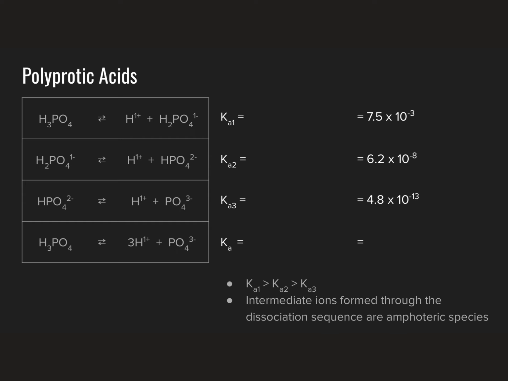So initially, starting with the molecular acid H3PO4, upon dissociation, we yield one hydrogen ion and the anion here, the conjugate base H2PO4 1 negative. And recognizing again that phosphoric acid molecule has multiple hydrogen ions which can be lost, we could then write a second dissociation equation showing the loss of one of those other hydrogens off of the H2PO4 1 negative ion. Continuing that process along, losing those hydrogens one by one. So down at the bottom there, we've given you the overall equation for this dissociation process, in which the H3PO4 ends up losing 3 H positive ions, leaving us behind with the phosphate ion PO4 3 negative as the other